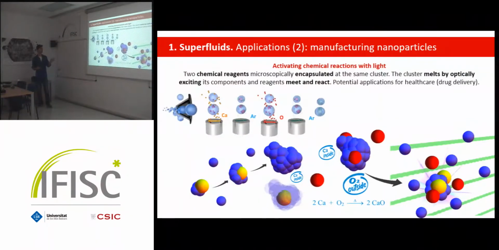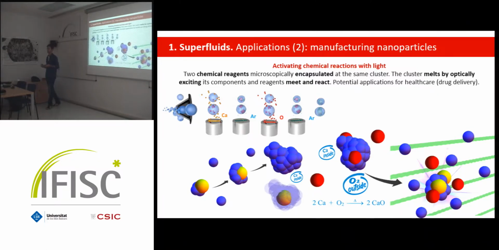So why is this important? Imagine that you combine in such a way these clusters that you have, for instance, calcium and oxygen, that they react. It's a quite energetic reaction. But in the middle you have argon. So you can create these nanoparticles with the two reagents there without acting with each other. But you have the argon in the middle that prevents the